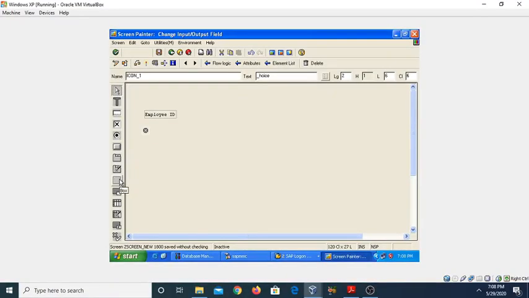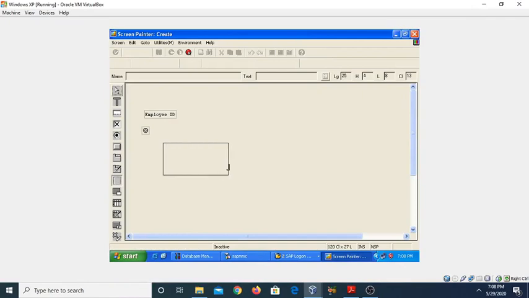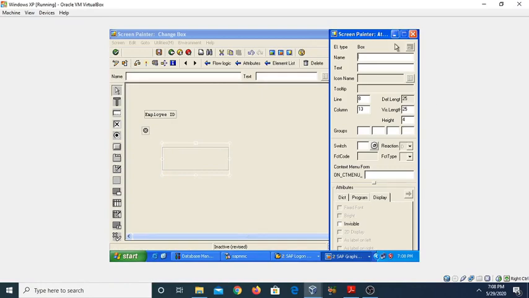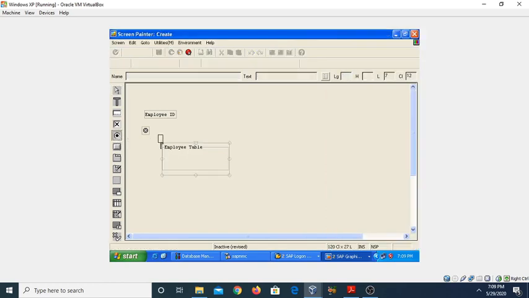and we have the group box. This is your group box. So by double clicking on it, again you can set the attributes of this screen element. Suppose if you want to give a name here, this is box 1, so I am giving here the name box underscore 1. The text you can display is employee table. So you can see this is a group box name, and in this group box you can put either the radio button or your checkbox, so it will allow you to make a particular group of these radio buttons or checkboxes.